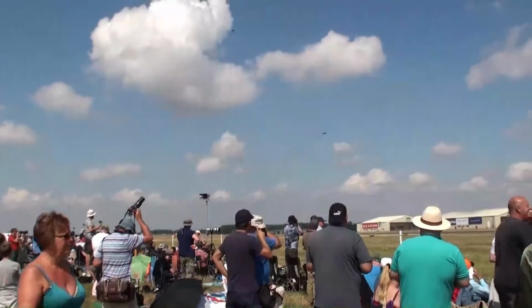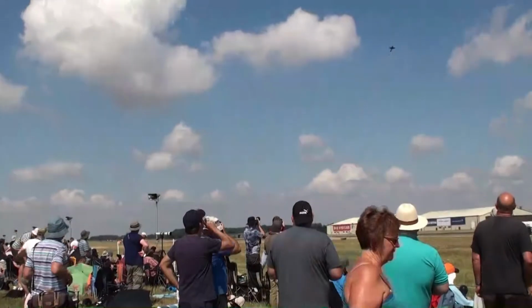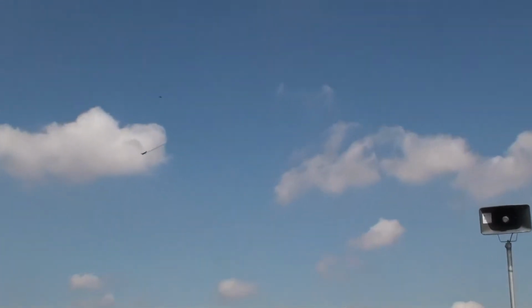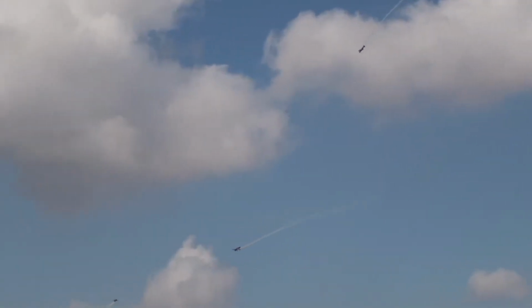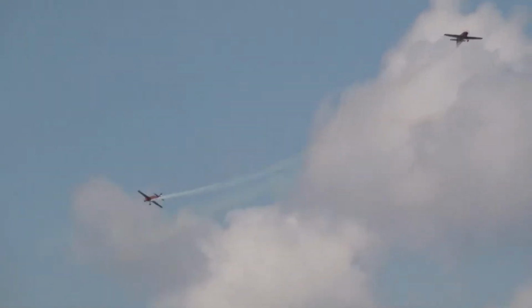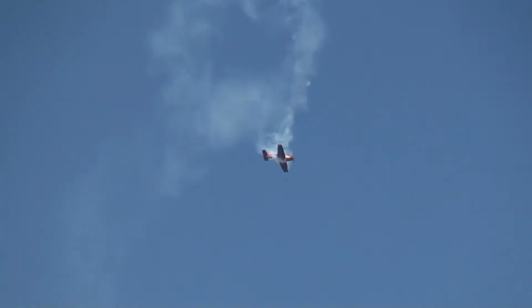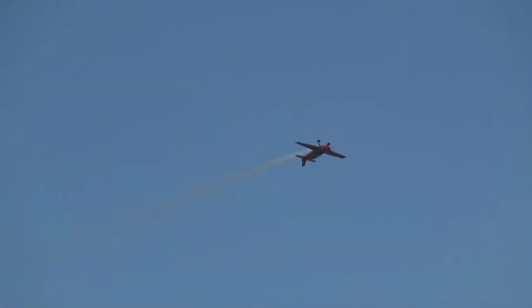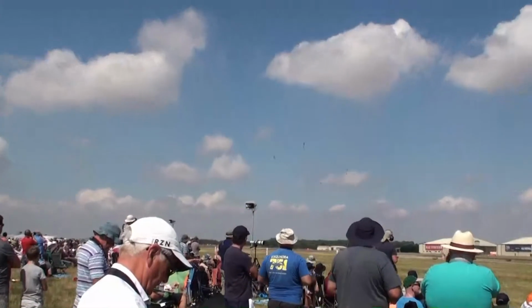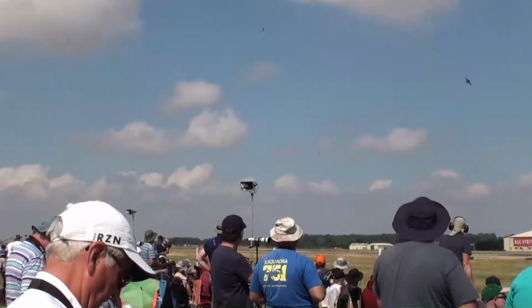The leader pulling up for a tail slide, the two wingmen likewise. Apexing at the top, there's the flat spin and the recovery. Hesitation roll. Ladies and gentlemen, the 2018 Royal Jordanian...